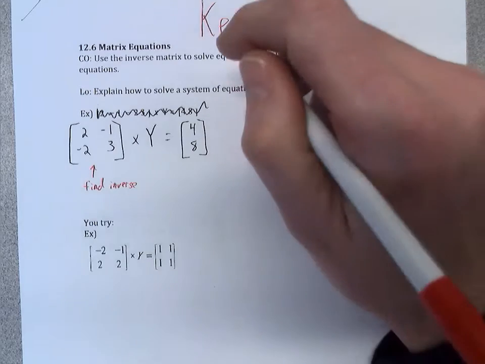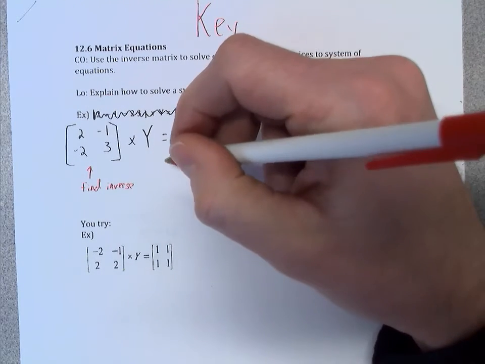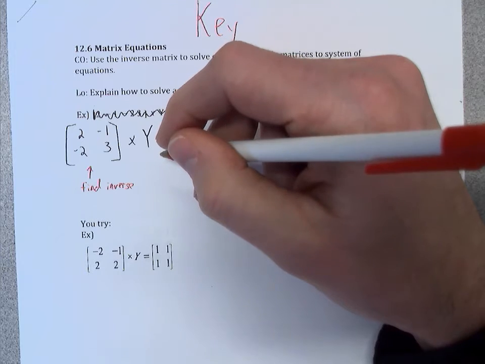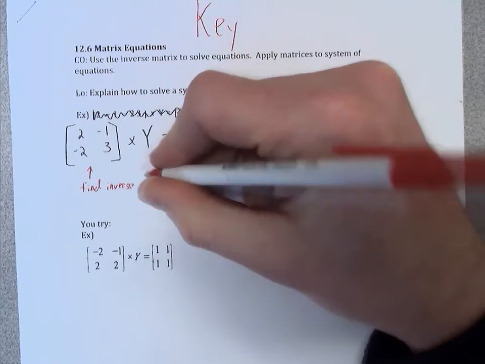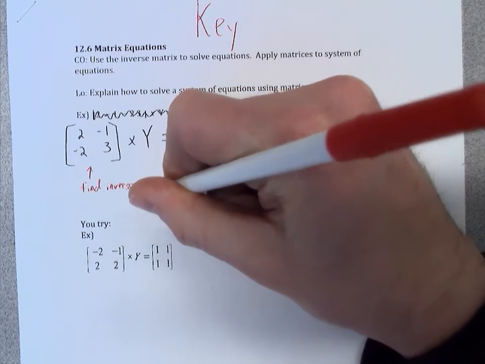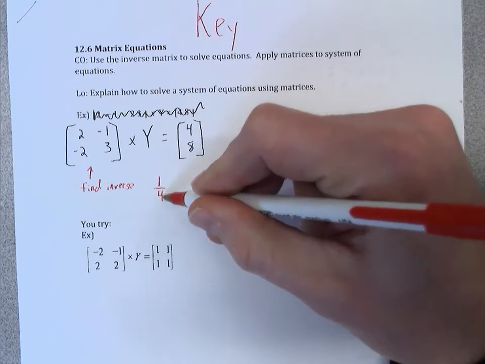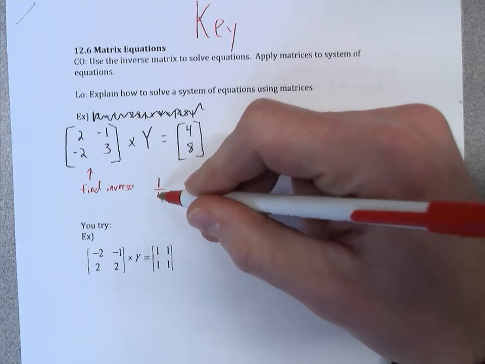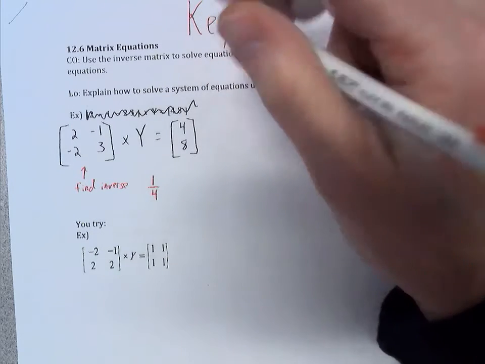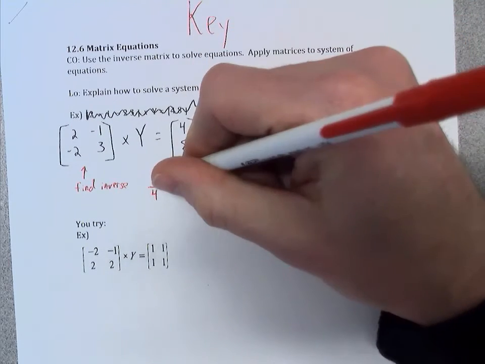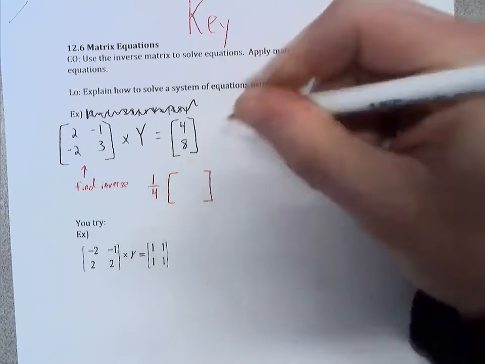So in order to do that, we're going to do this one all the way through, where we're going to use the determinant. So the determinant for this would be 1/4. And if you need to remember how to find this for this determinant, go back to lesson 12.5, where we talk about how to find the determinant. And then we're going to multiply that by